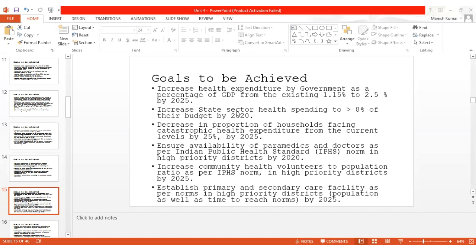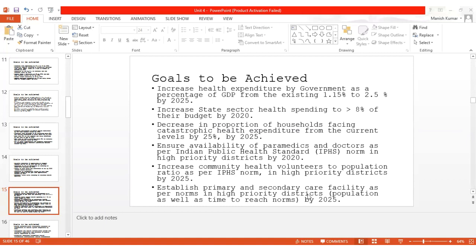Ensure availability of paramedics and doctors as per Indian IPHS norms. How many doctors are supposed to be per thousand population? Any idea? If I'm right, Indian Public Health Standard says that we should have one doctor per 10,000 population. So still you go and cross check. I'm not very sure, but as far as I remember, this is the standard which they talk about. Increasing community health volunteer to population ratio as per IPHS norms, establishing primary and secondary care facility as per norms